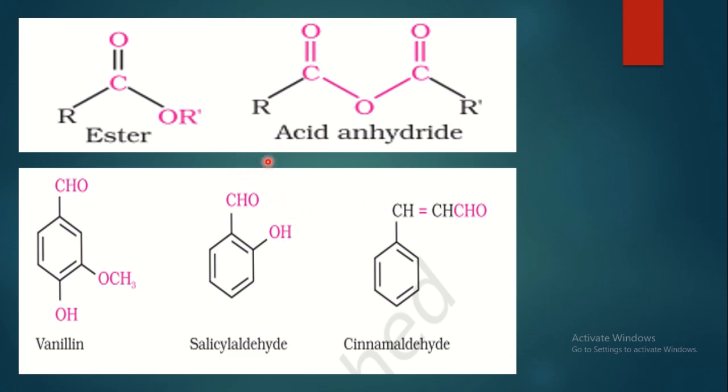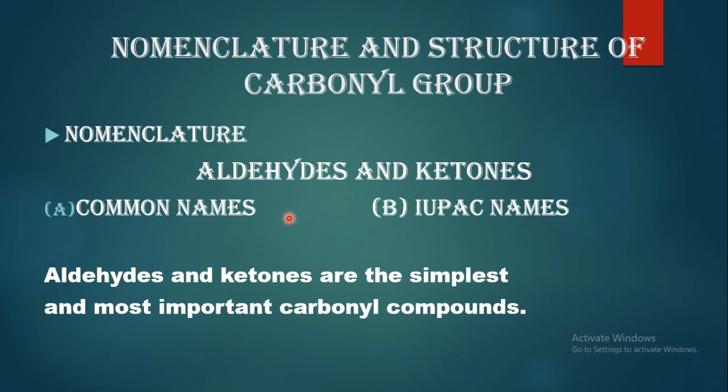Okay. Like that you are also going to discuss ester and acid anhydride. So that is actually our further concept. Again we are going to complete this, no problem. Okay. So the first topic we are going to start is about aldehydes and ketones, especially aldehydes. Aldehydes का nomenclature कैसे होगा, जैसे कि मान लो common names कैसे decide होंगे या फिर IUPAC name वगैरह वगैरह. So aldehydes and ketones are the simplest and most important carbonyl